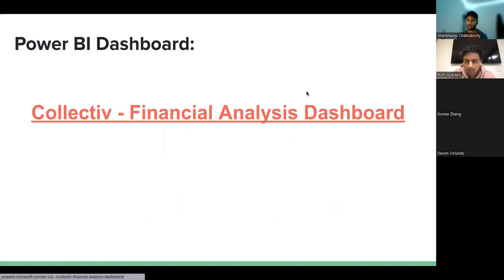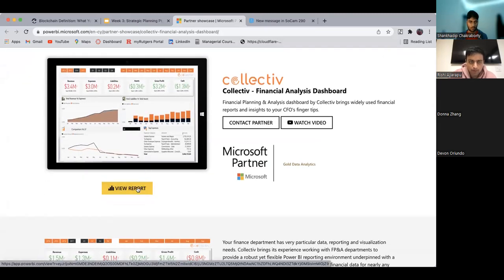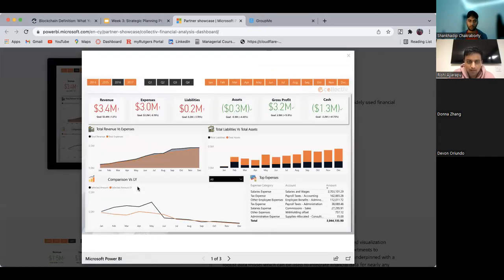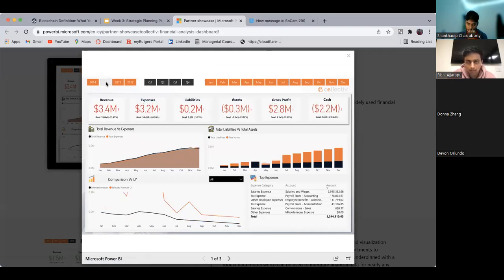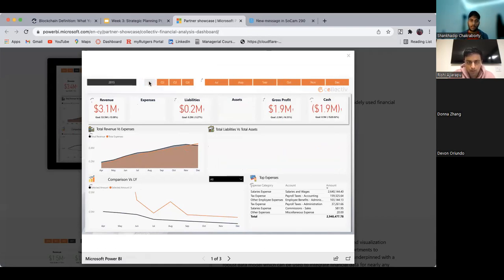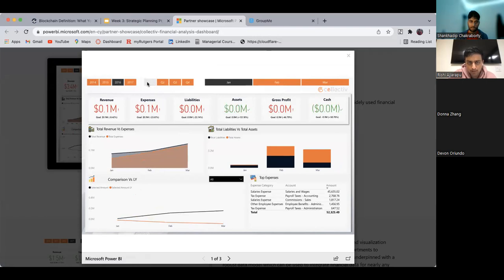So this would be one of the financial analysis tools that's often used, and it's called Collective by Microsoft, right? If you want to look at this report, it's actually really easy to use. It's really interactive. You can play around with the different years you want to look at. You can look at the specific quarters that you're trying to look at the data from. You can even play around with the months within those quarters, right? So if I want to just look at Q1, then I could look at January specifically. Or let's just go to 2016 and then